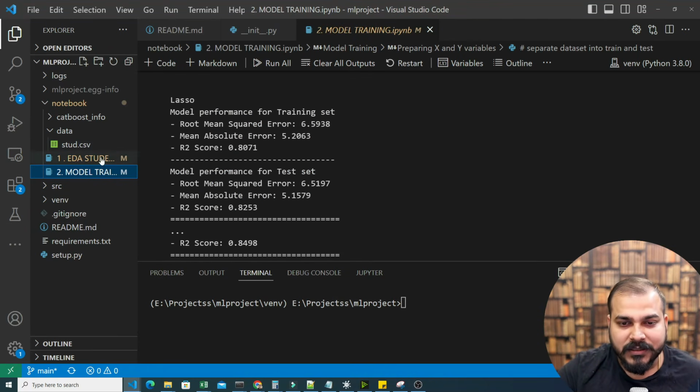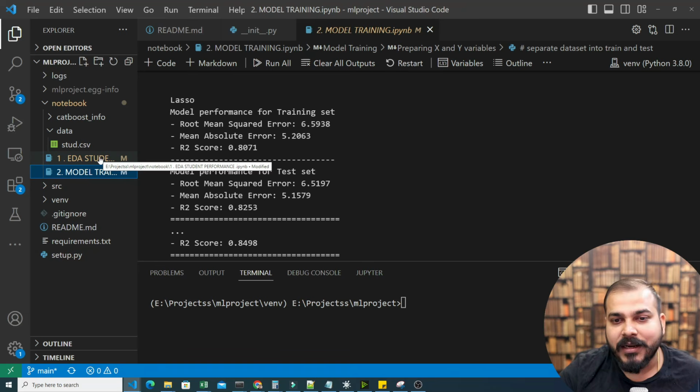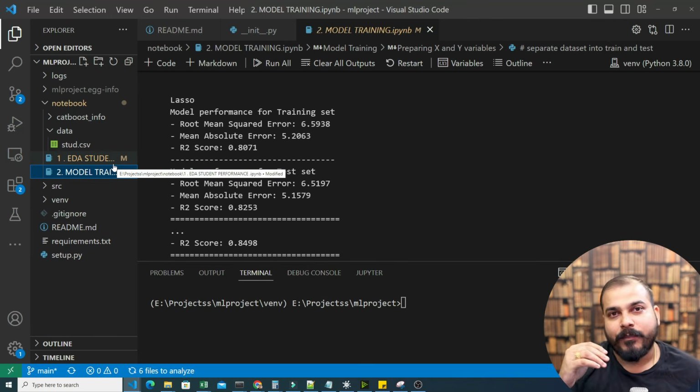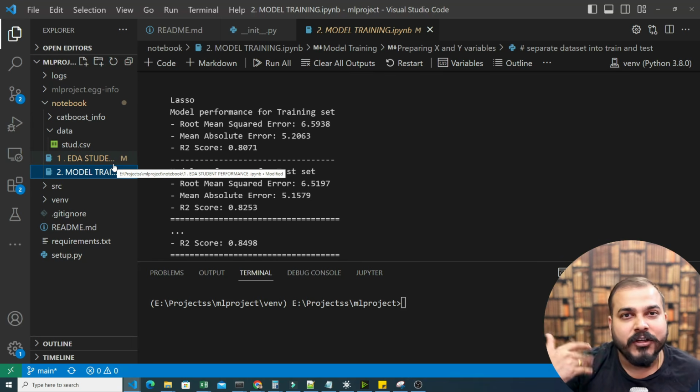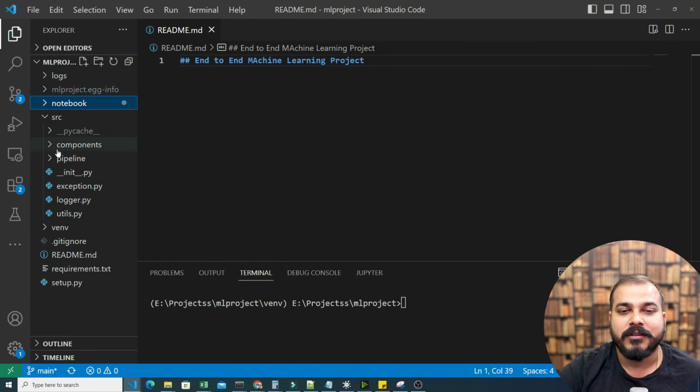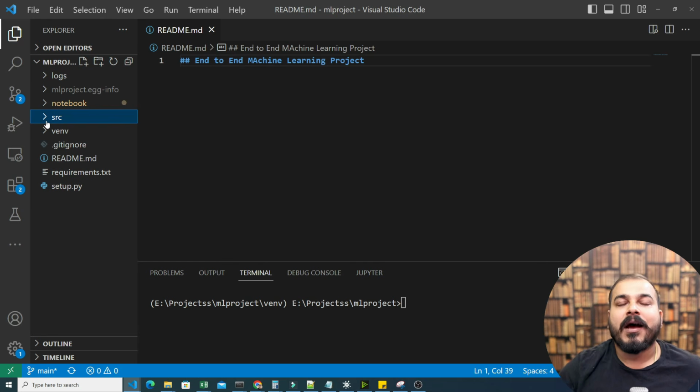Now see, all these things, right? Usually when you are starting data science, most of the time you will be working in Jupyter Notebook itself. But we need to probably convert this into modular coding, convert that into a CI/CD pipeline so that once it goes into production, it should be continuously running, whenever we want. Now for this, in this video, we're going to start with data ingestion, and this is where we are now going to start,